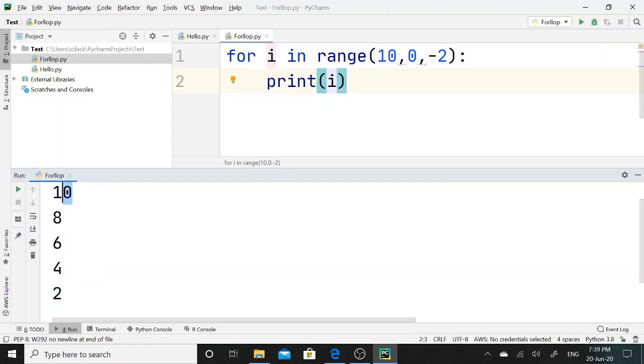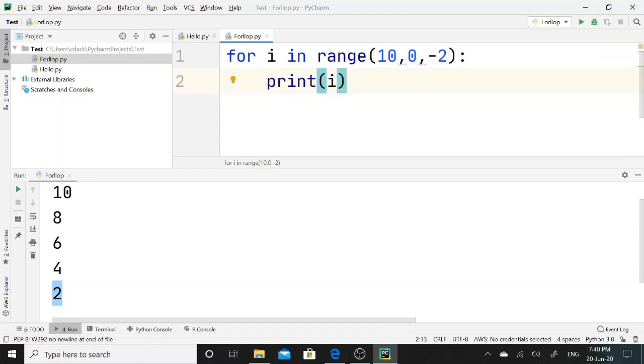So initially 10 has printed, then 10 minus 2 is 8, 8 minus 2 is 6, 6 minus 2 is 4, at last 4 minus 2 is 2. 2 minus 2 is 0, and this number will not be included in the for loop operation.